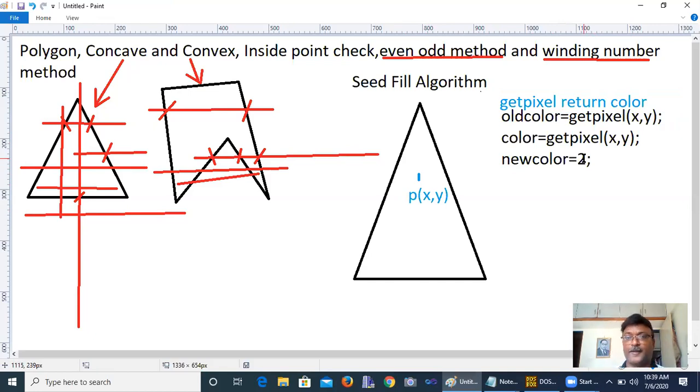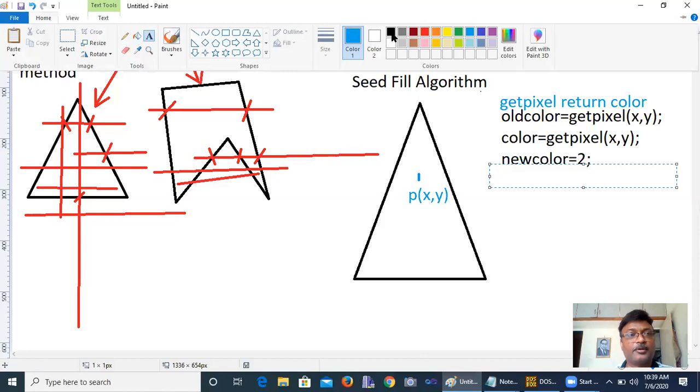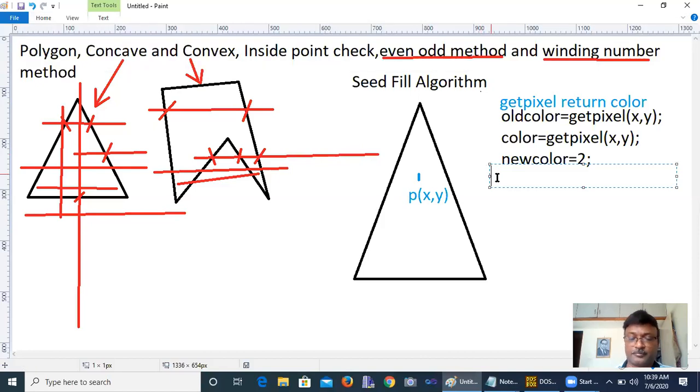Now suppose I am going to put one condition. If, okay, so I am using the black. If old color is equal to color and, okay, what is the condition?